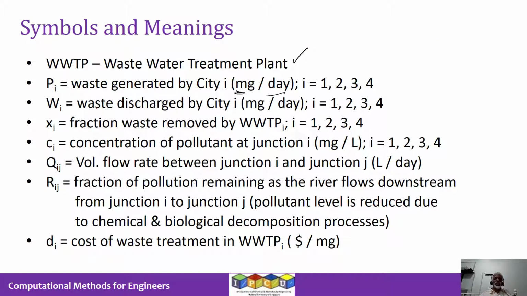Now Wi, I going from 1 to 4, that means I takes values 1, 2, 3 and 4, denotes the waste discharged by city I. Okay, and it is very clear from the figure. W1, W2, W3 and W4 are the waste discharged or the pollutant discharged by the city I in the units